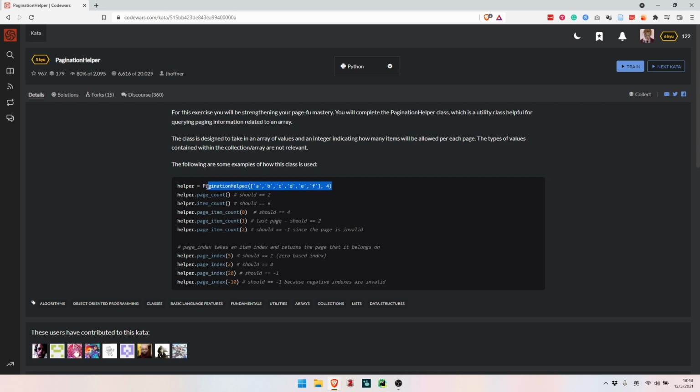This creates an instance called helper with 6 items. This one indicates 4 items a page, so quite straightforward. Item count should be 6, and the page count should be the total number of items divided by how many items per page. The page item count of the first page, whose index is 0, is 4 obviously, which contains